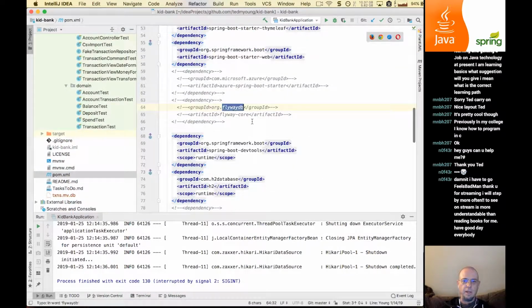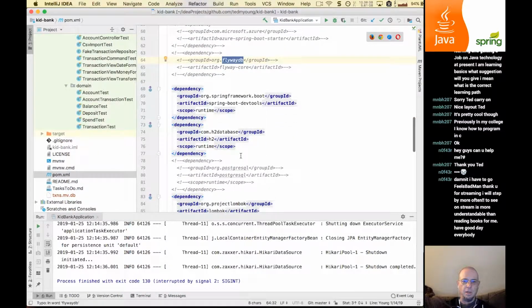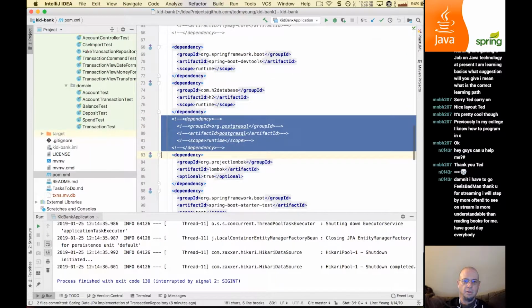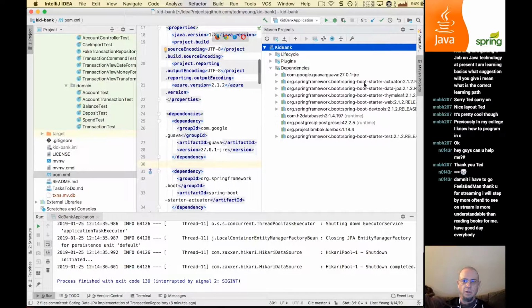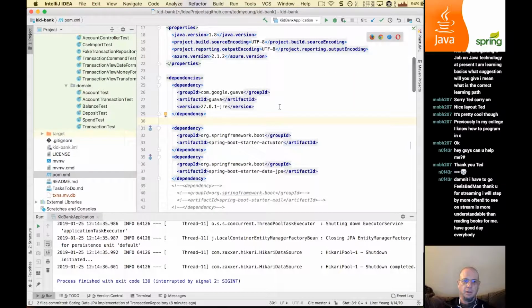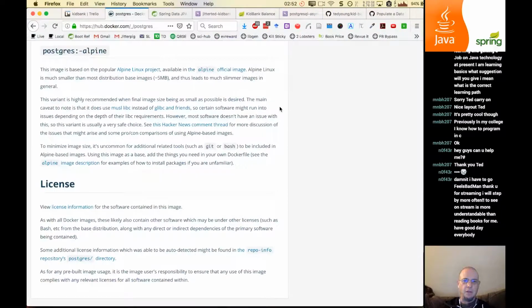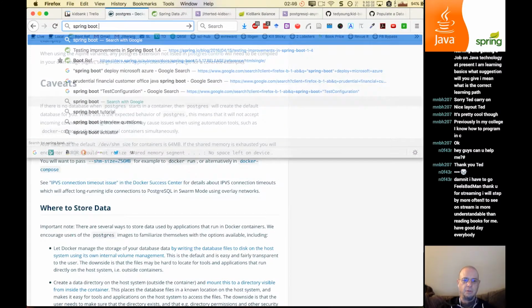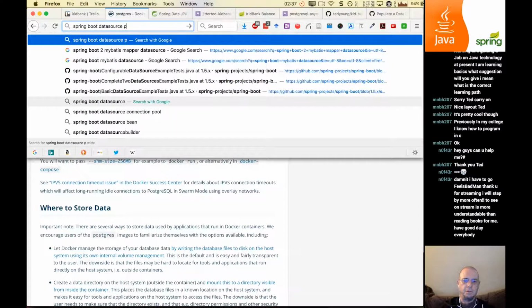That's Flyway. So we'll get to Flyway at some point. So there's H2 and there's Postgres. So let's go here. Postgres is there. That's our runtime. Okay, as I said, I don't use Postgres very often, so what I need is the Spring Boot data source